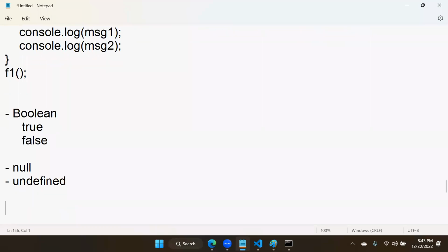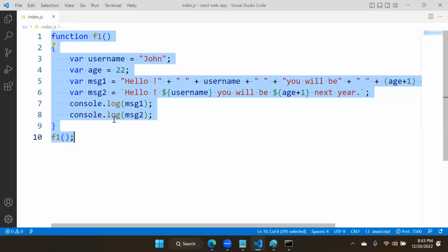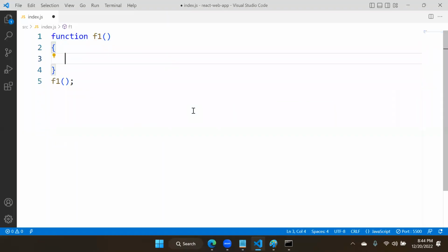What is a null type? Null type means if a value is not supplied dynamically into any reference, then it will return null. If a value is not supplied into any variable at the time of compiling, then it will return undefined. At runtime, it is null. At compile time, it is undefined. So for example, suppose we are using var x